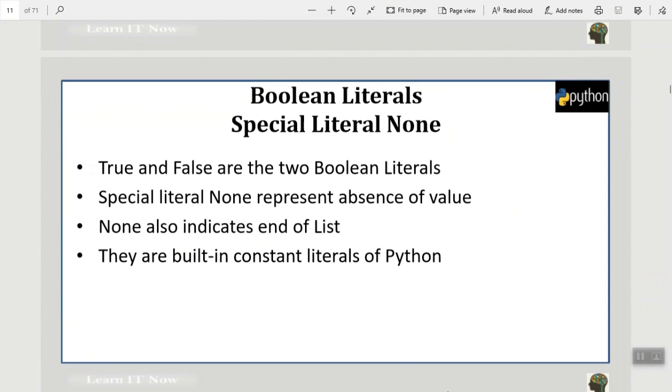Boolean literals. There are two Boolean literals, True and False. Here you need to keep in mind that T is capital in True and F is capital in False. There is a special literal called None, which represents absence of value, that is null value, right? It also indicates the end of the list, and it is a built-in constant literal of